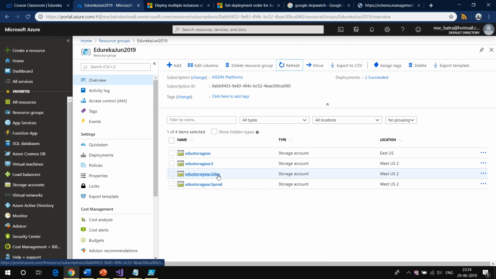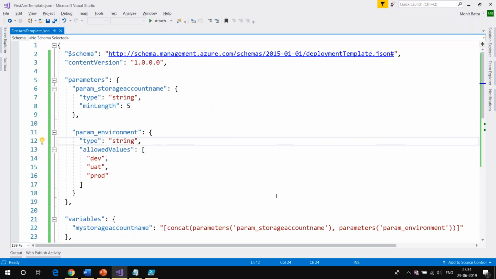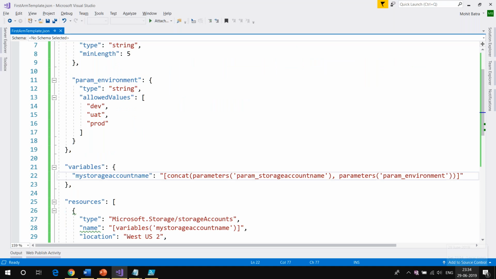Okay, now Roshan was asking, can we add an underscore between both of them? First of all, it should support underscore. I'm not sure if it supports. Okay, so you cannot create a storage account with an underscore in the name. That is why we cannot add an underscore. But if you want to do that in the ARM template for any other resource, you can say probably like this. So you are concatenating multiple things together in the name of your variable. Okay, all right, everybody fine? That is how we are creating using the ARM templates.